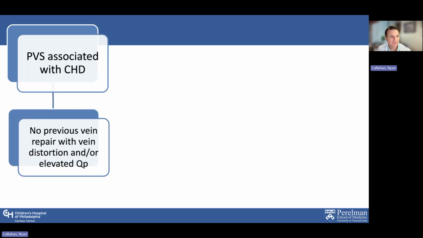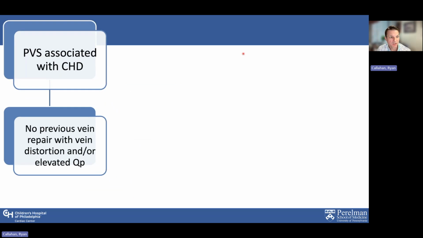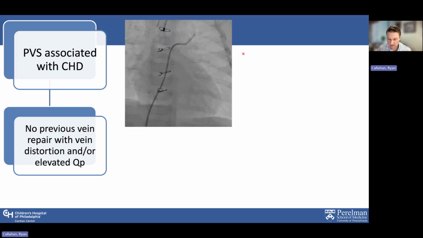And then the last type is PVS associated with congenital heart disease in a patient who has not had a previous vein repair, but they have those risk factors that we talked about. So the veins are distorted and they have increased flow through those veins. A couple examples would be,